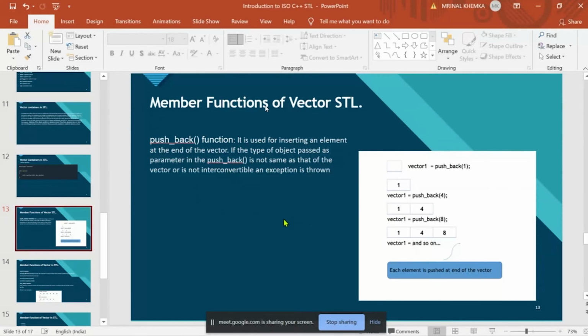Here we are first inserting a value of 1, and then after that a value of 4. You can see that the blocks of memory are created one by one at the end position of the previous value, and so on. If we pass a value of 10, then it is going to be inserted after 8. So here a block of memory will be allocated. This is how the push back function in a vector works.